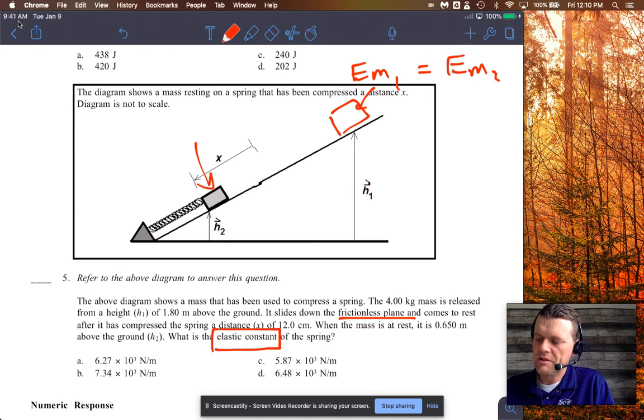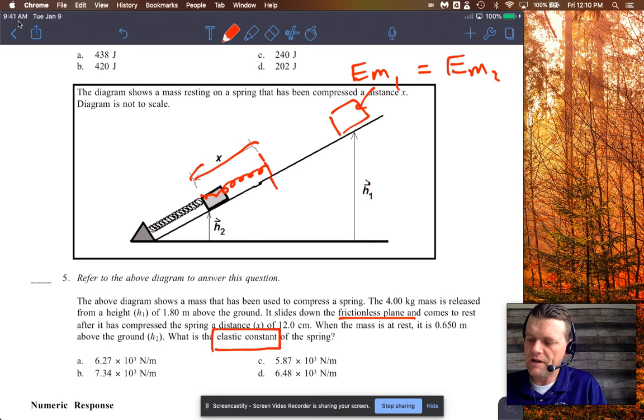Because it looks like this mass slides down and it's going to hit the spring at this position. If you see this arrow, let me clear that out. This arrow is showing you the displacement x. So the spring was originally up here, and then it got compressed down to here. It got squished. But you are looking for k. I'll show you that k is just going to come out of the wash when you start expanding